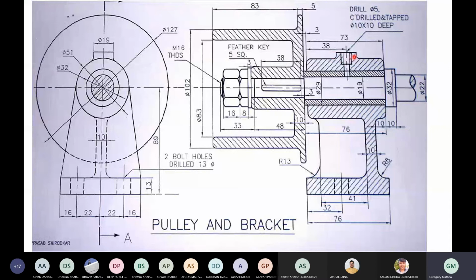If you remember, how do we do this is we will have to first create a plane which is at a distance of, I had given you the distance of this topmost point, that is this edge from this edge, which was 15, and we know this edge is at a distance of 29 by 2, which is 14.5 from the center line, which means the total distance of this top edge from the center line will be 14.5 plus 15, which is 29.5. And on this plane, I will create a circle and then we will extrude it so that it meets this. So just check how we will do it.